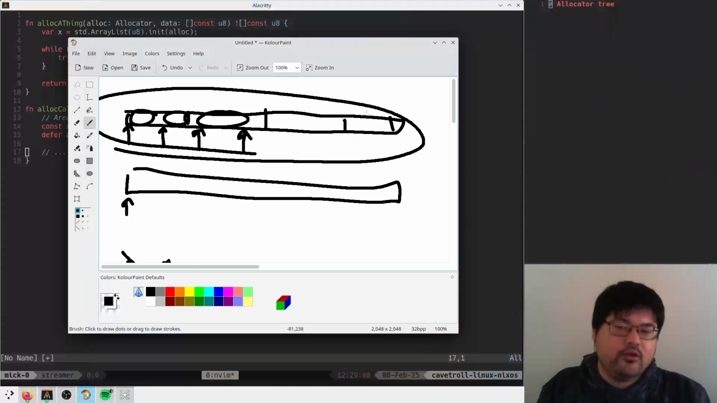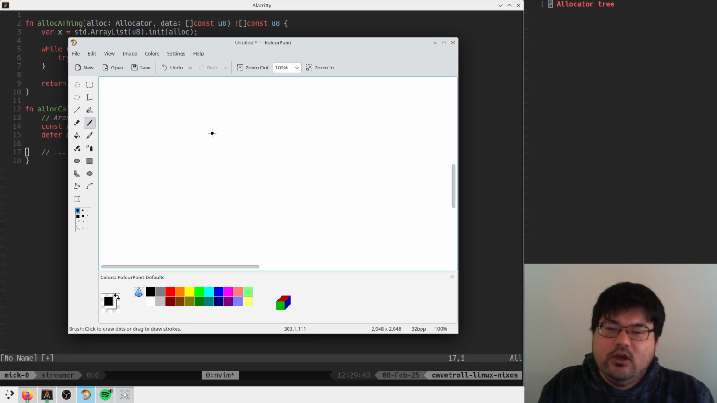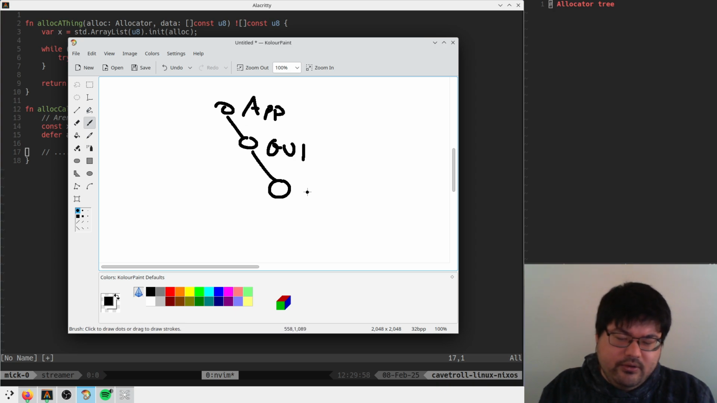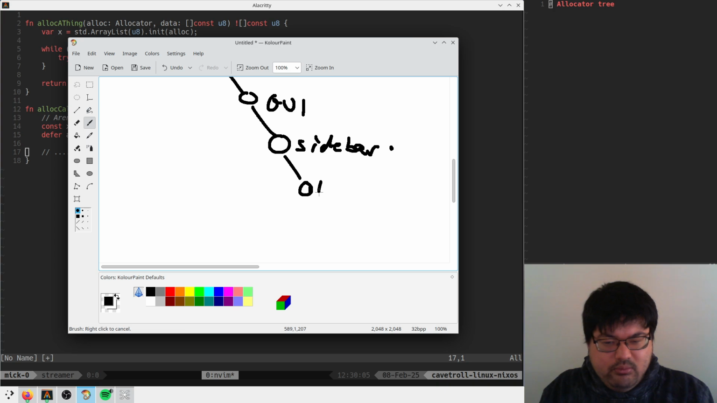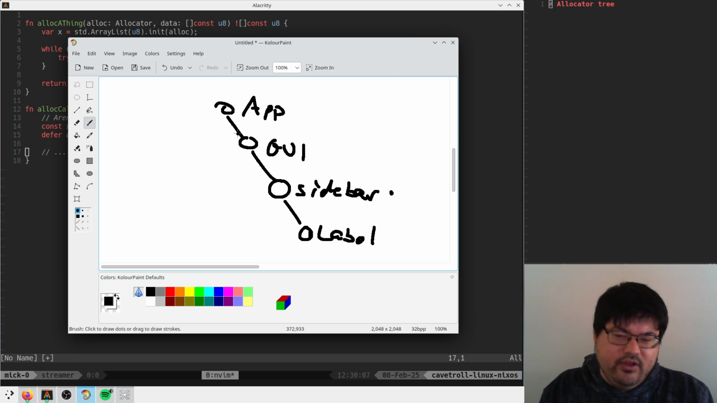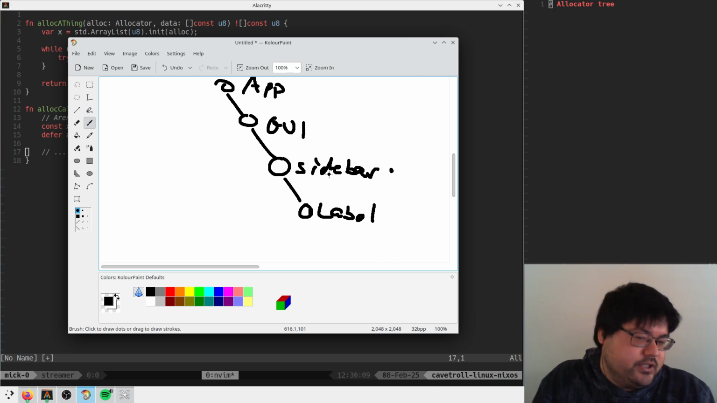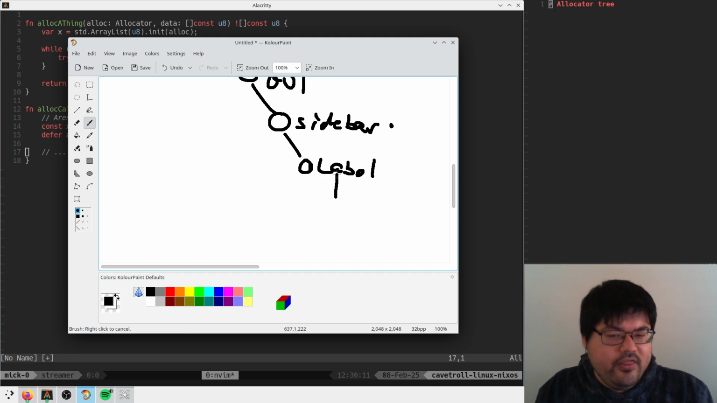The reason for that was because we had some things that are kind of sub lifetimes of other things. I think the thing we tried was we have our application, and our application will spawn a GUI, right? And as part of the GUI, we have a sidebar. And as part of that sidebar, we're going to have a label, right? This is some sort of object hierarchy. And this label